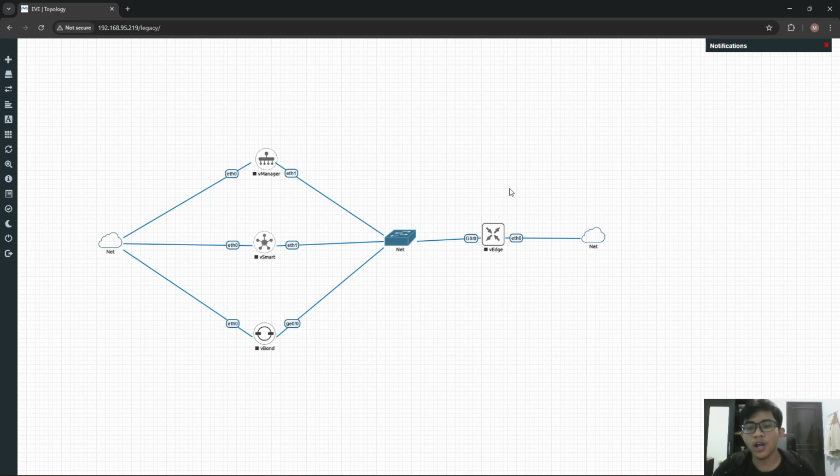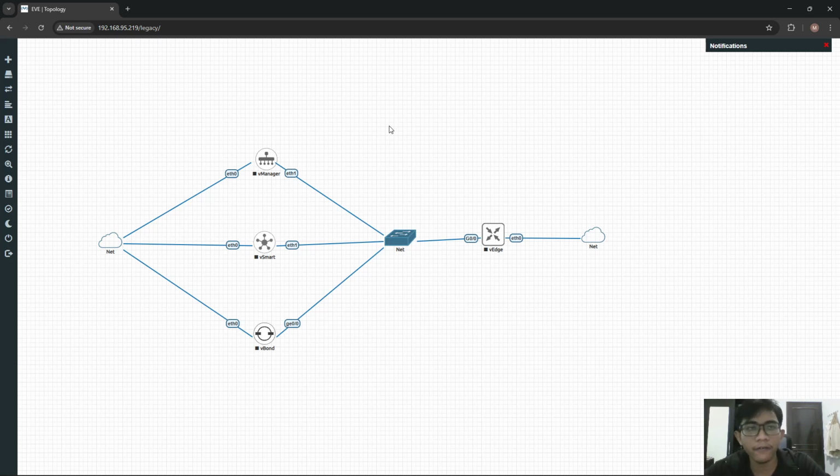So I will explain the role of each device. For the first, vManage. vManage is the central management system, so it provides a graphical interface where administrators can configure the devices, monitor network status, and push policies to the entire network.